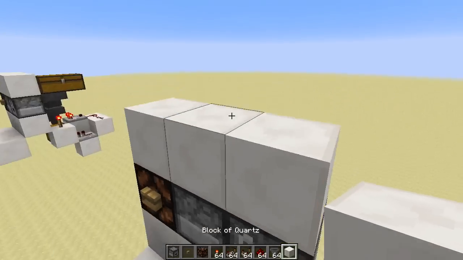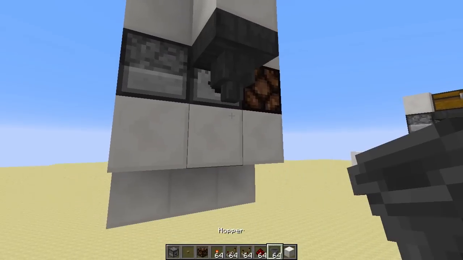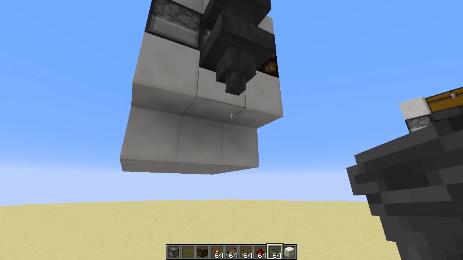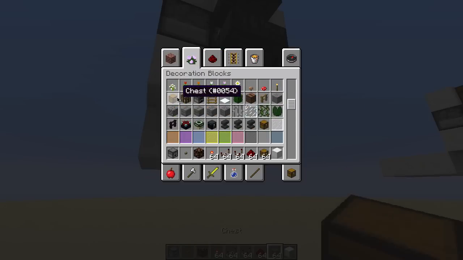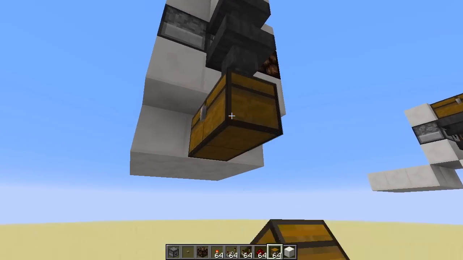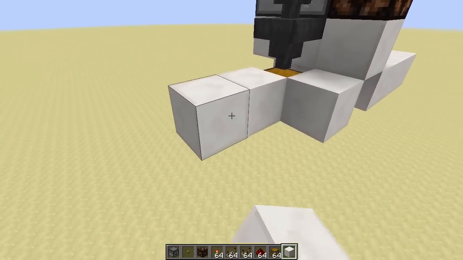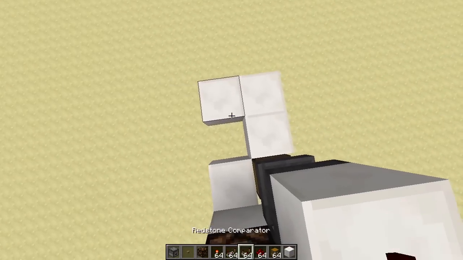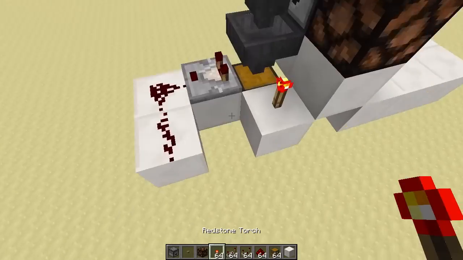And so now we do the same thing. We take our hoppers and put them like that. And then we take our chest and we put it down here. And now we do our item sorter, which goes a lot like this. And we put a comparator out like this, to dust, torch,